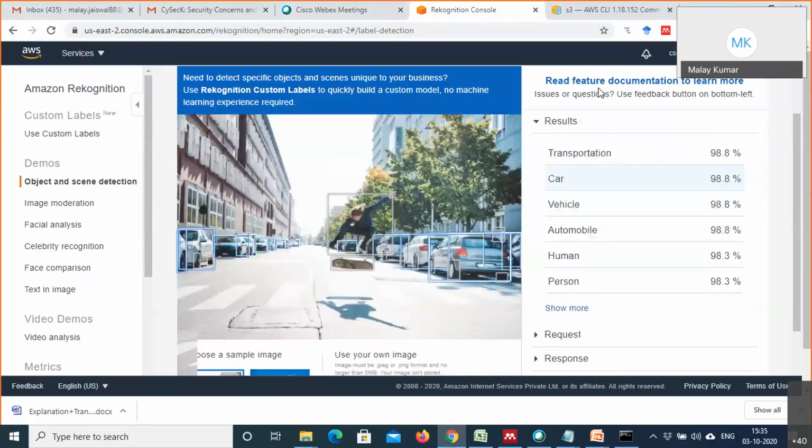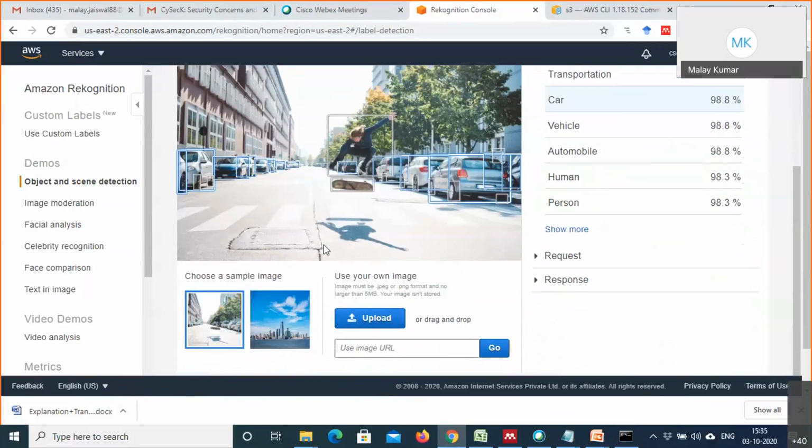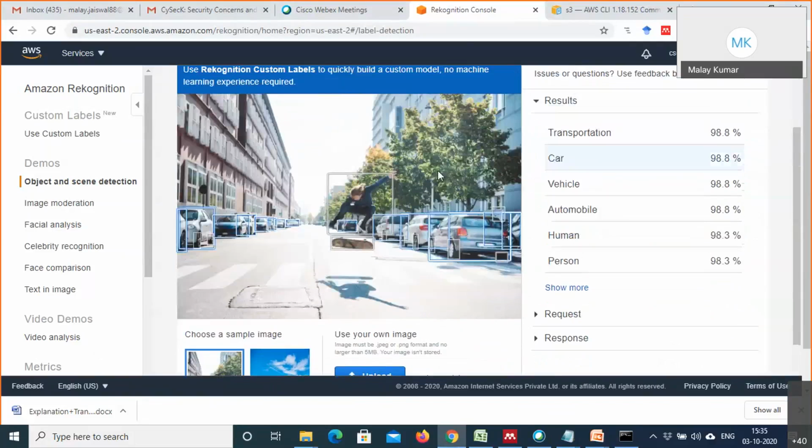So you are able to see that there is an object, and in that object there are multiple cars parked on the road, and on that road there is a zebra crossing and a person on a skateboard who is jumping. If you get this kind of image, and someone has given you a task to recognize each and every object present in the image, meaning object detection or scene detection,